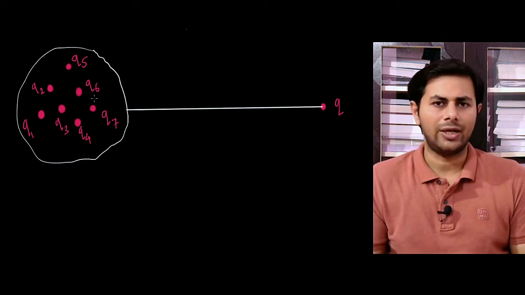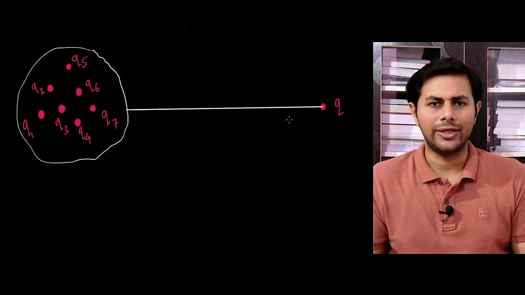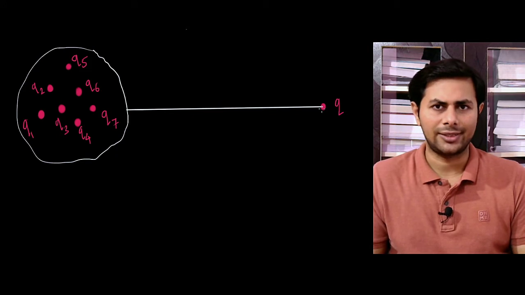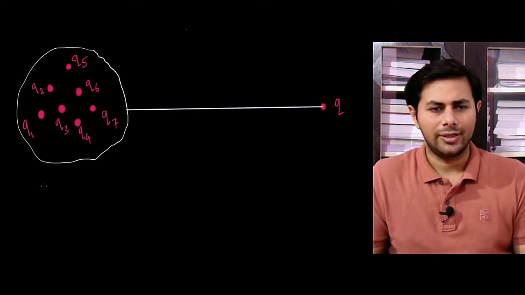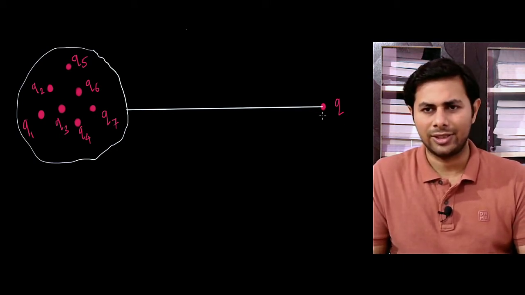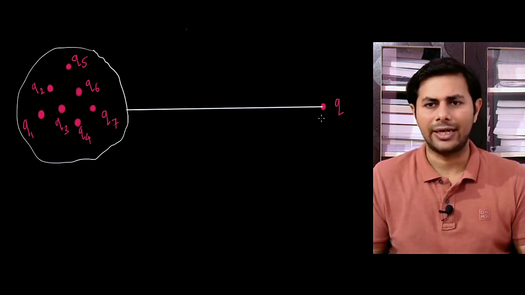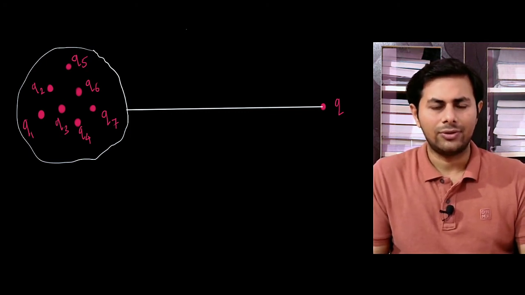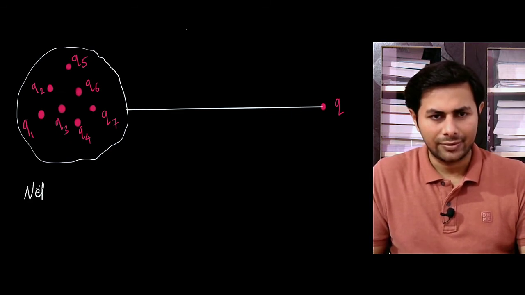Now let's suppose we have a system of n number of charges and we want to calculate the force due to all of these charges acting on this charge small q. So how do we go about it? We find the electric field due to all of these charges at this point, and then the force will be given by the electric field times this charge. Okay, so we know that the electric field is a vector quantity. So net electric field